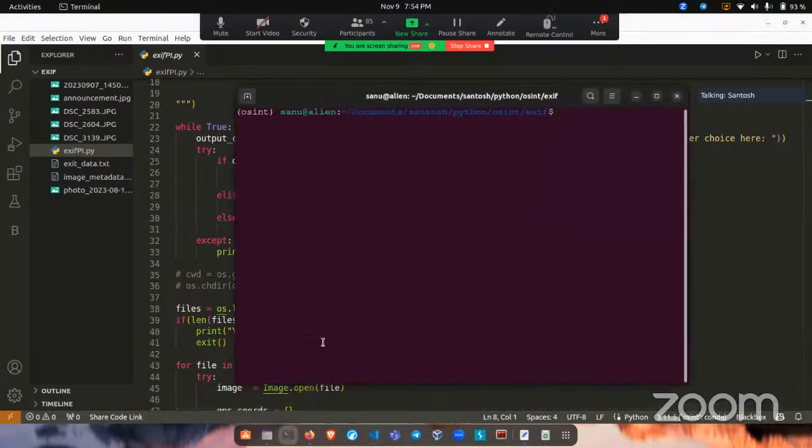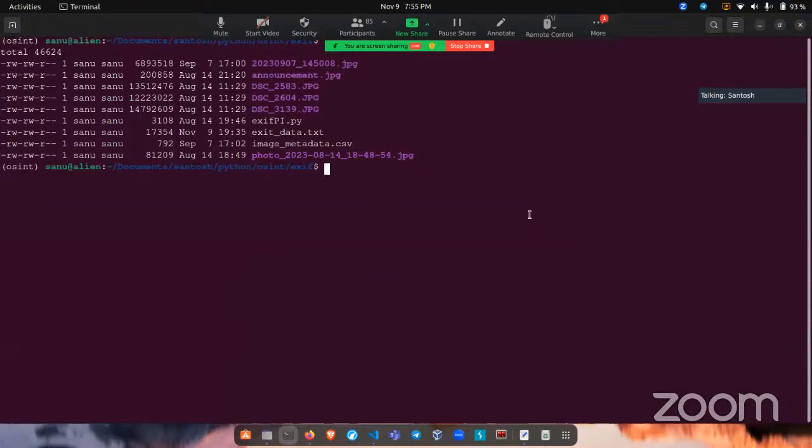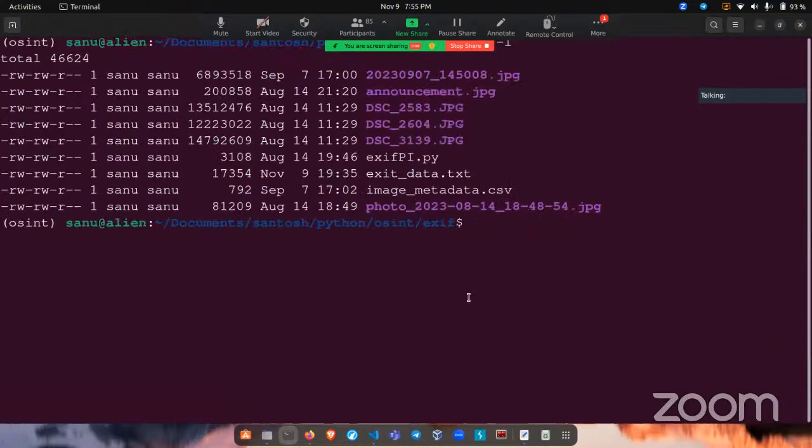So basically, if you can see my screen, I hope this is readable for you, right? Or shall I make it a little larger? Okay, so I have the exif Python file here, and I have some JPG files. So I have some JPG files and the Python file. I want to take out the metadata from this JPG file, or the image file, I can say. If I can run this code,